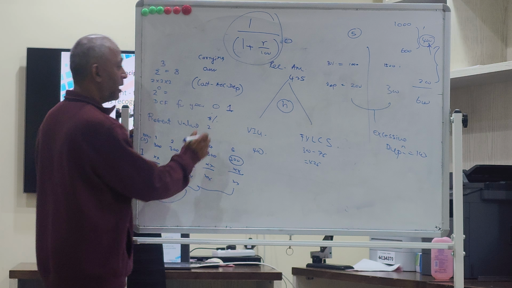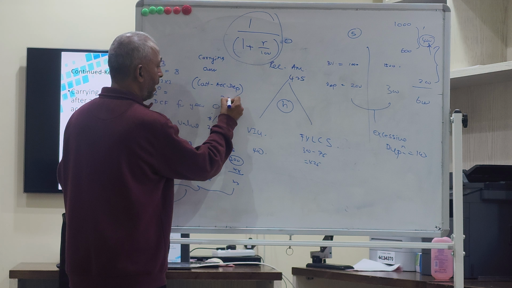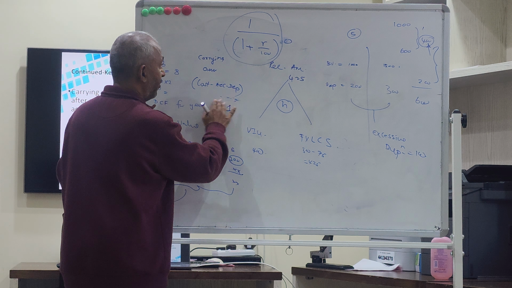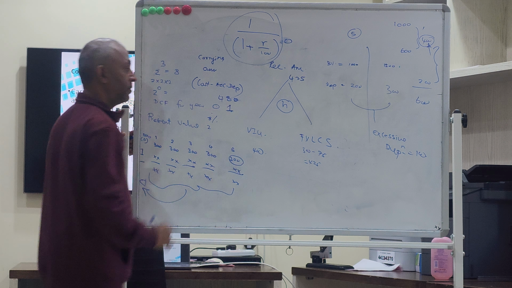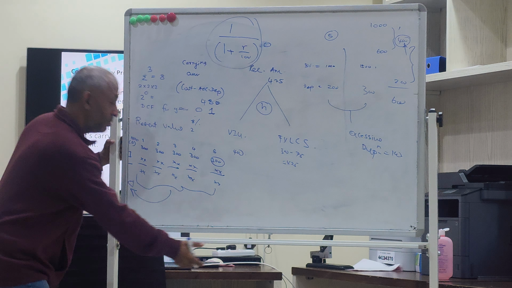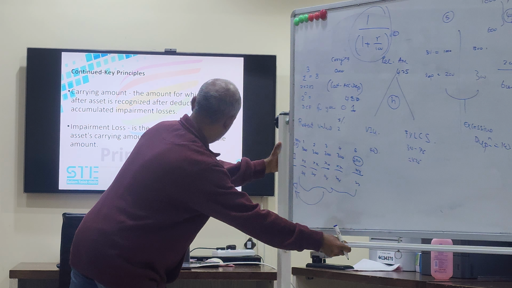And the carrying amount, let's say 380. No, sorry, 480. Your carrying amount is 480. Now, if you read the impairment now,